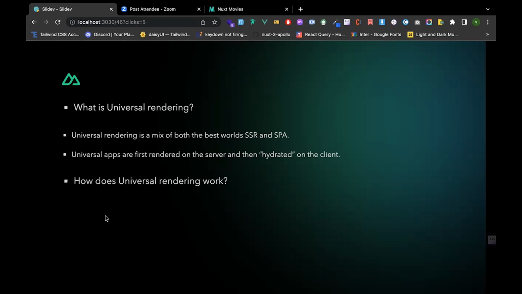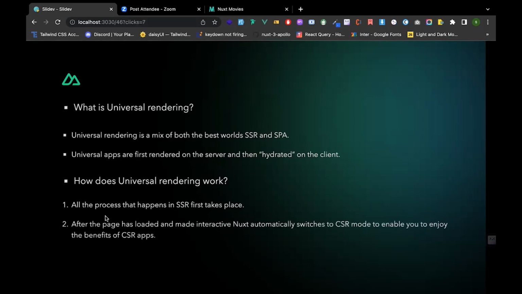And how does universal rendering work? All the processes that happen in server-side rendering take place first. Since it's a mixture of the best of both worlds, and as we have seen, server-side rendering is really fast. The initial page load time is really, really fast. So what Nuxt does is, when a user sends a request to the server, the rendering mode that is used first is server-side rendering. And then after the page has loaded and become interactive, Nuxt automatically switches to client-side rendering mode